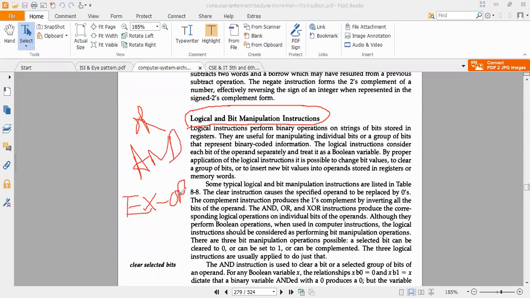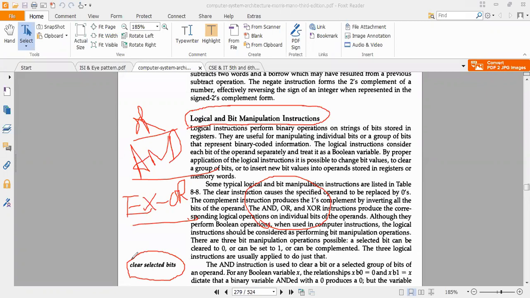I have already given a few examples for all these operations, I think in your second chapter. And also I have mentioned clear a selected bit in our previous class, the example where you want to clear the D2 bit.